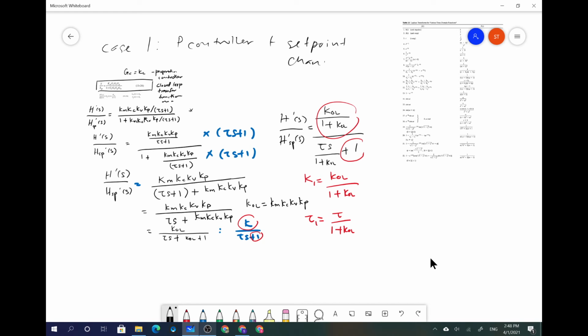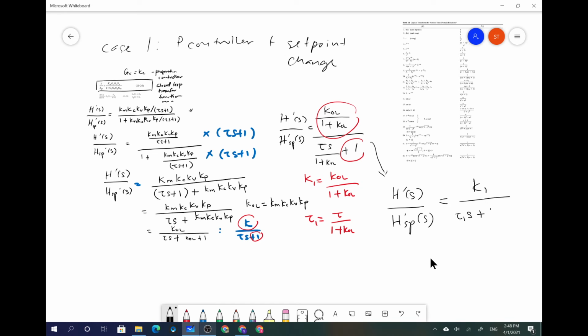So when we have this, we should have Y(s) over Ysp(s) equal to K1 divided by